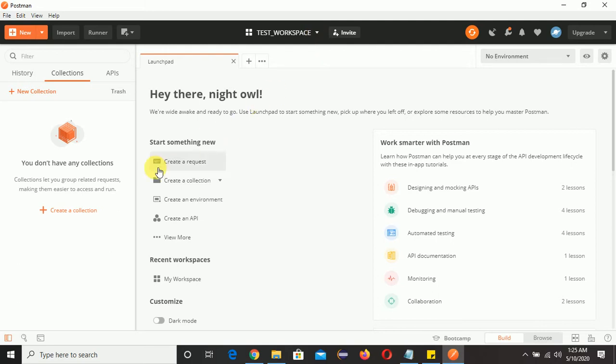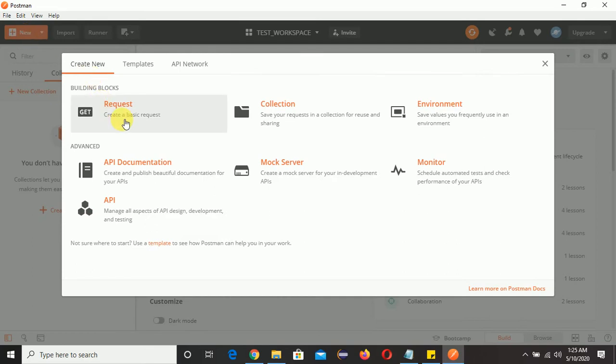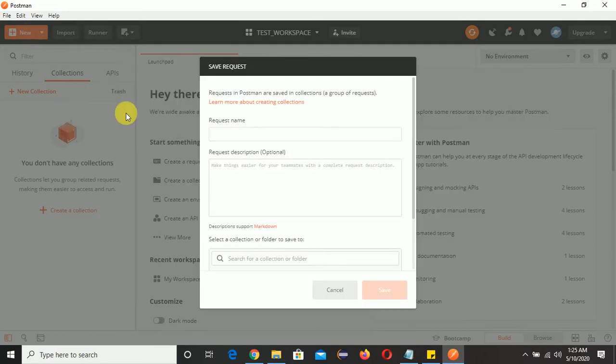Now we'll create an API. For that we need to click on this new button, click on request, and write the request name. My request name will be get employees, and the request description is optional.